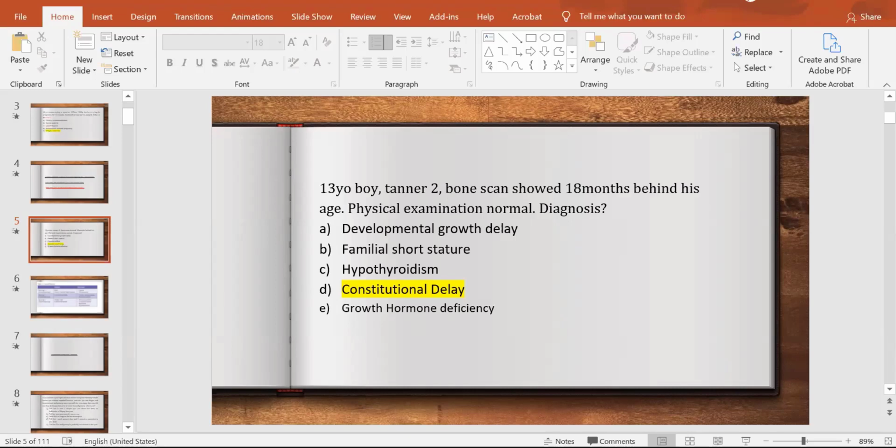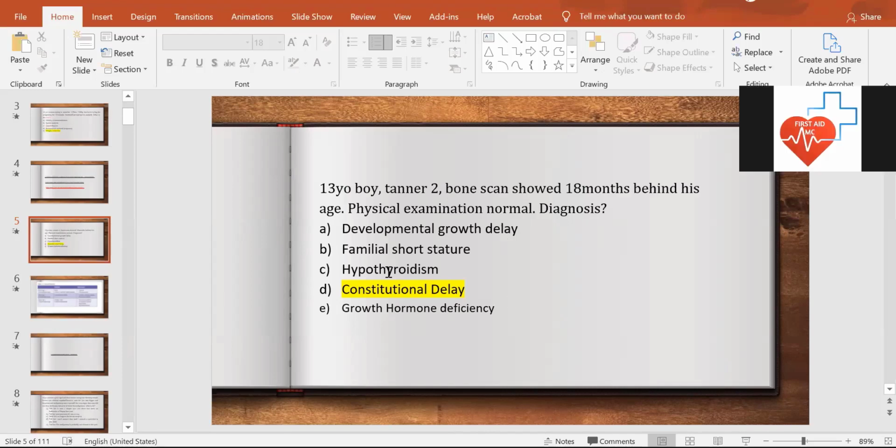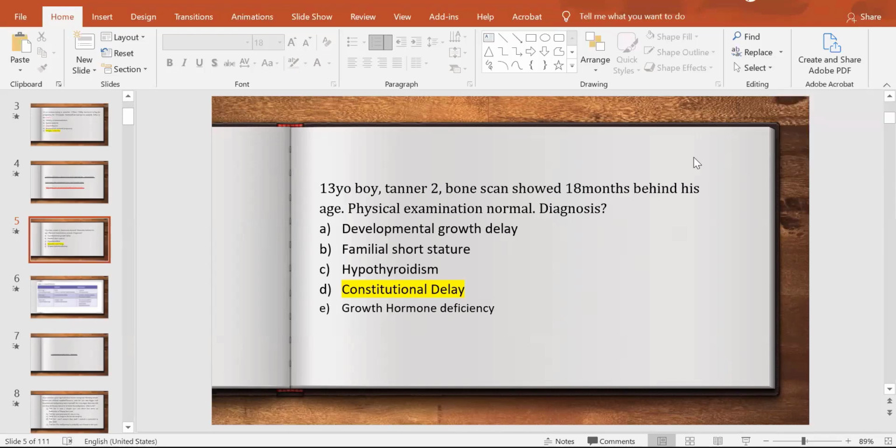Okay, it's fine now. So they would not give you any growth hormone deficiency questions in here, nor hypothyroidism, because in these cases, it's hard to give these sort of answers. Growth hormone deficiency is totally different thing. We can discuss it today, but it will just take a time and we'll lose our time for other questions.